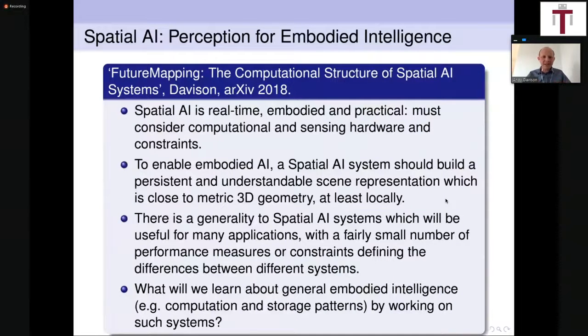So thinking about this concept in general of spatial AI, I think it's perception for embodied intelligence. I've written recently a kind of discussion paper about this whole topic that anyone might be interested to read. It's called Future Mapping, the Computational Structure of Spatial AI Systems. It defines more about what I understand this problem to be. It makes a few hypotheses, and the key hypotheses are along the lines that a spatial AI system should build